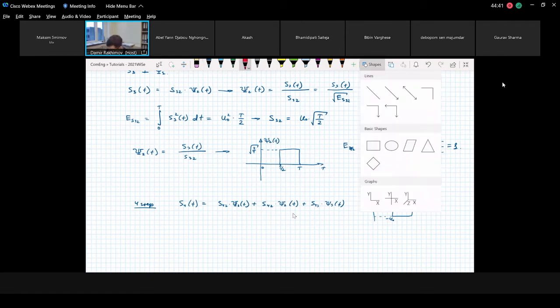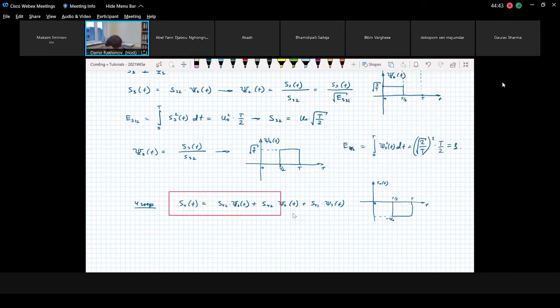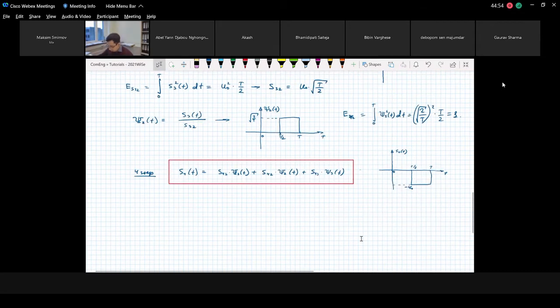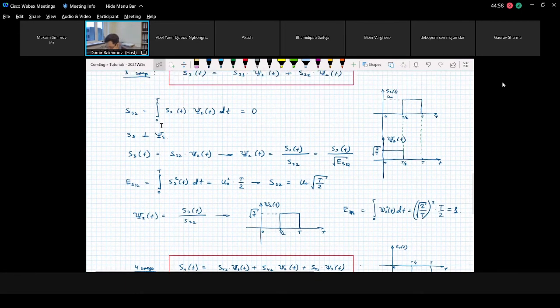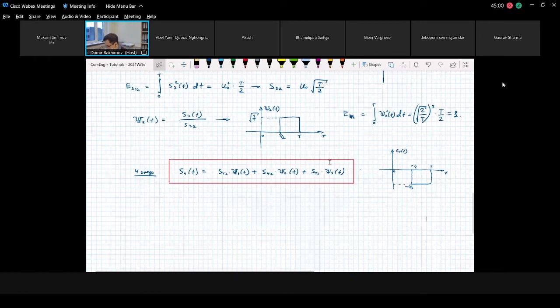So every next step, we increase the number of basis functions that we need to discover, or that we have to represent all these signals. And then you just repeat all the same steps that we did before. But obviously, looking at this picture, this signal, of course, you can see that it's nothing else as just the weighted version of the second basis function. And you don't need to perform